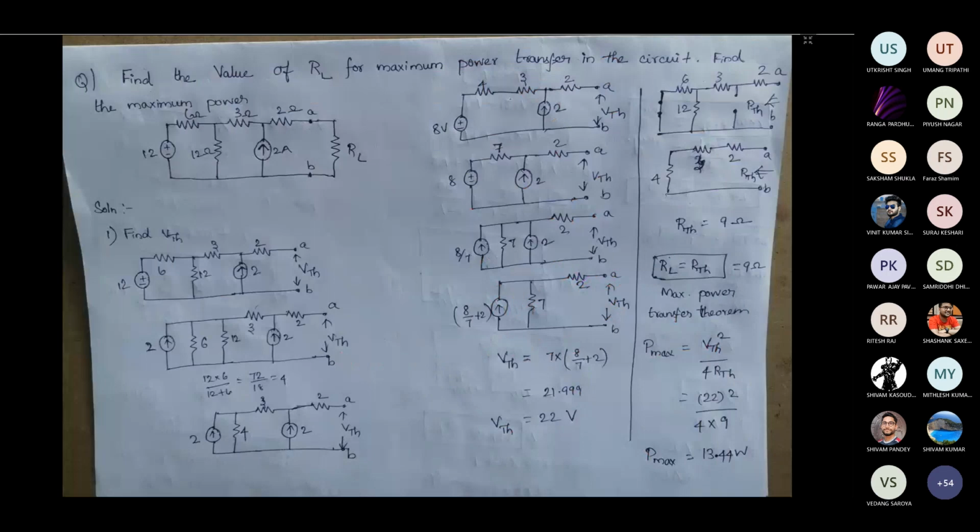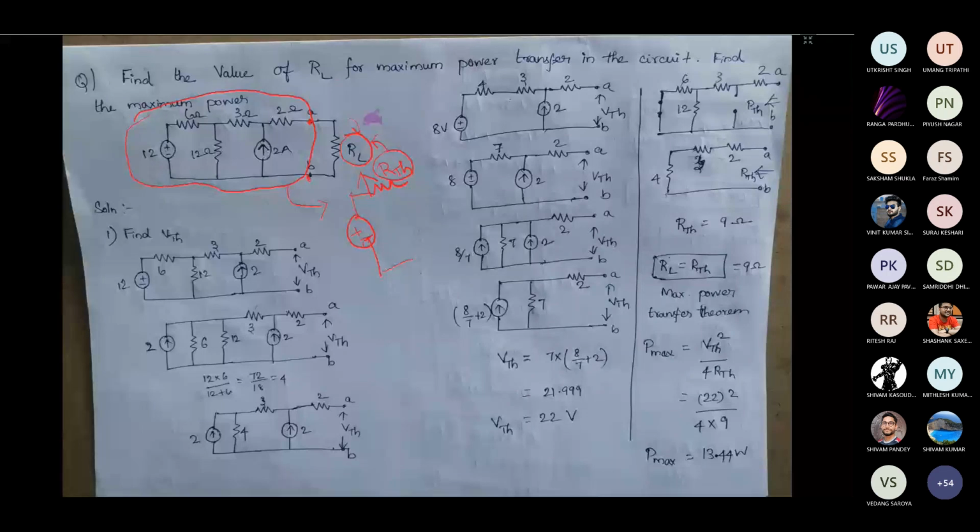In this problem, we need to transfer maximum power to this load resistance. This load resistance value we do not know. So in order to find it, we have to find the Thevenin equivalent or Norton equivalent for the remaining circuit. For this circuit, the Thevenin equivalent will come like this, and this will be RTH, right? So you have to bring this complete circuit to the Thevenin equivalent, then substitute this RTH for the RL and find the power consumed there. Or here they have asked you to find RL for the maximum power transfer theorem.